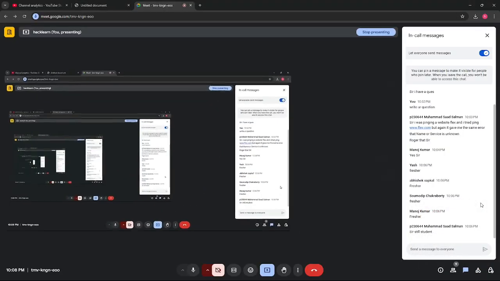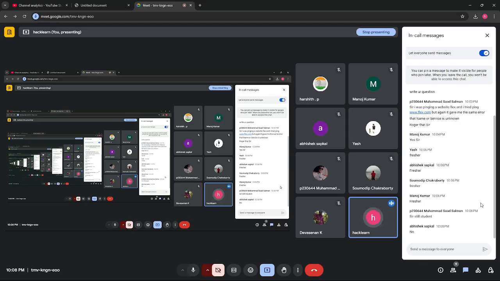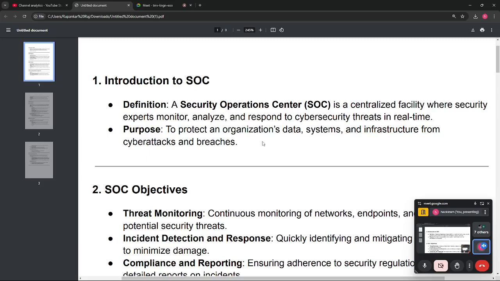So does anyone have any questions till now? Okay, so this is the basic purpose. When you join as a SOC analyst in any company, your main task will be to monitor all the infrastructure, all the incoming and outgoing traffic of the system. There is one team in SOC that monitors everything 24 by 7. Every single moment they monitor the infrastructure, so they get an idea if any attack is happening, and they counter it. So this is the very basic task.